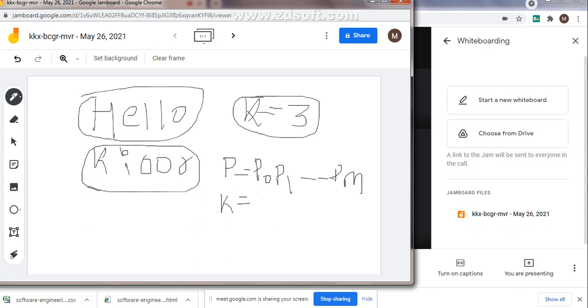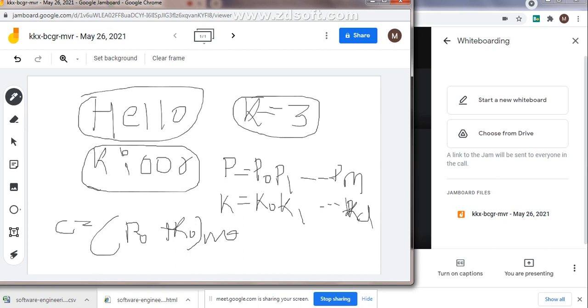Here the plain text contains, for example, m number of letters, P0, P1, up to m letters. Then the key is also going to have a different number of characters, say d characters. So how are we going to get the cipher text here?